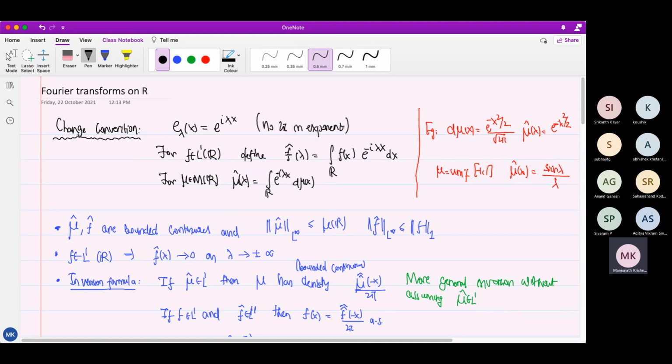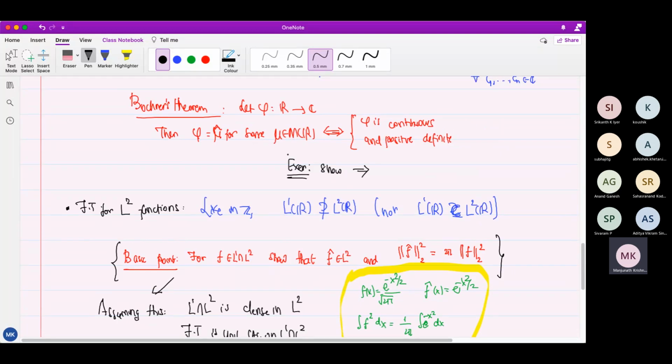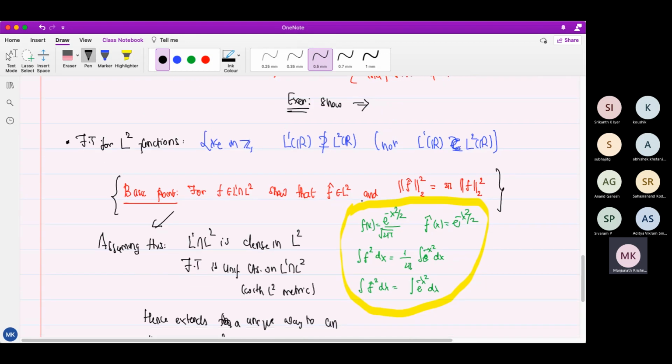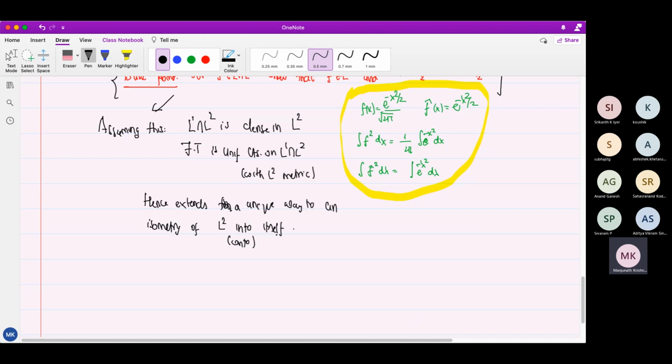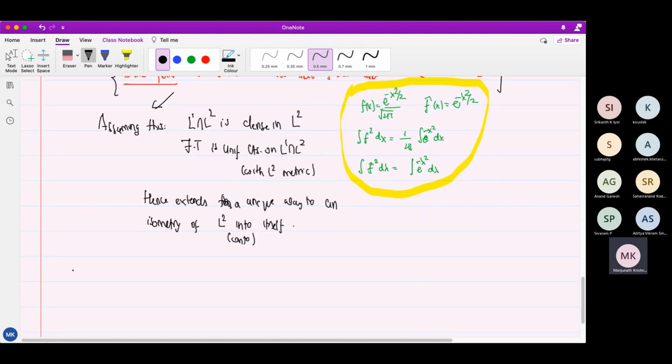So L2 functions have to be always approached by approximation. If you want to actually work with L2 functions, you can always take L1 functions which converge to that function in the L2 metric. And then for those L1 functions, you can use that formula. So that's how you approach it. And once you do that, then also you can, by